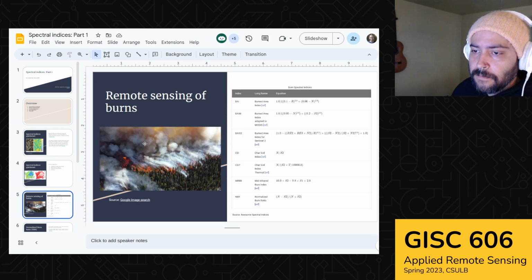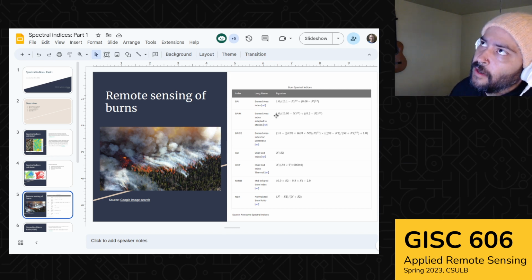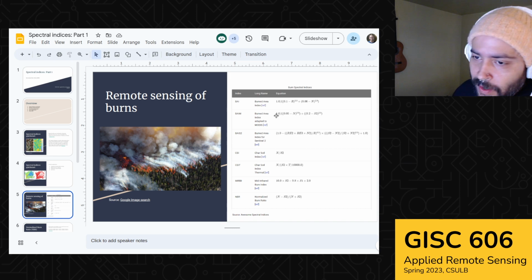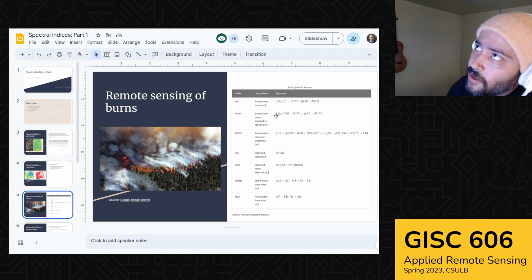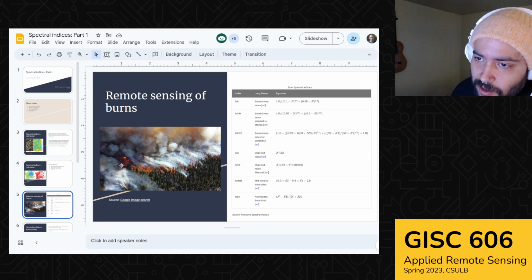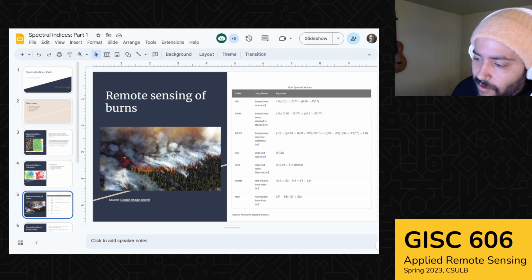So today we're going to be predominantly focusing on the remote sensing of burns. And I just want to highlight with this slide, there isn't just one way to monitor this with remote sensing data. If you think about the Southern California landscape, it's a little shrubbier, drier. It doesn't really look like that image that I'm showing here on the left, but this is from Montana, which is going to be the site of our lab today. And so it's a little more forested, but